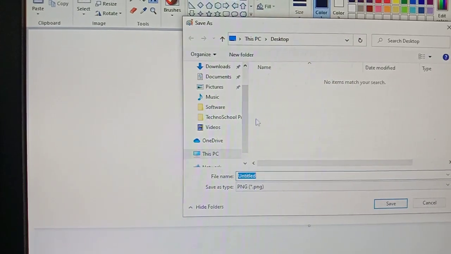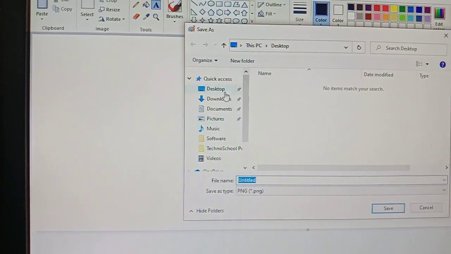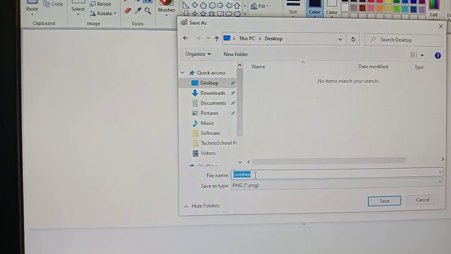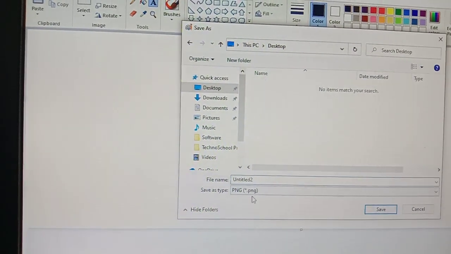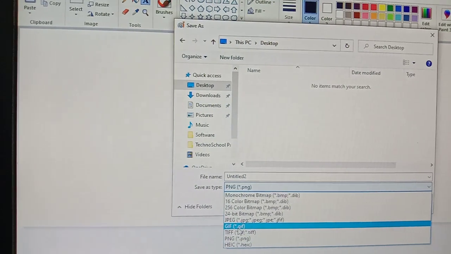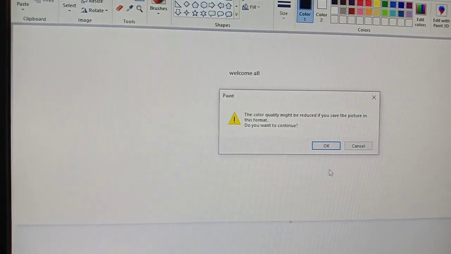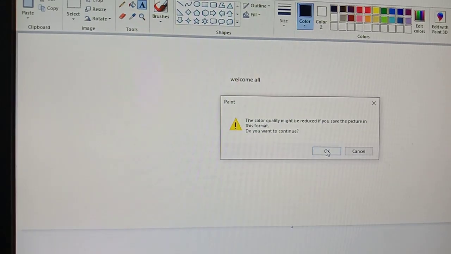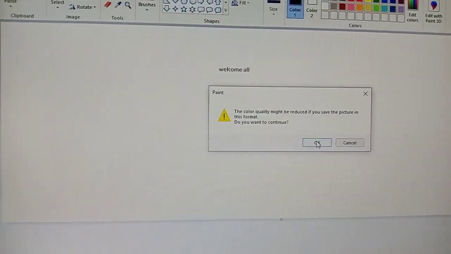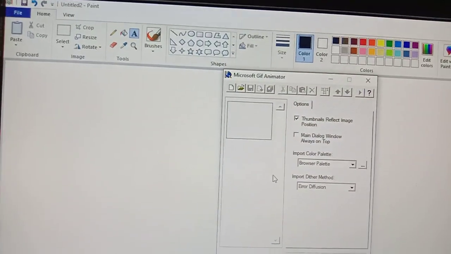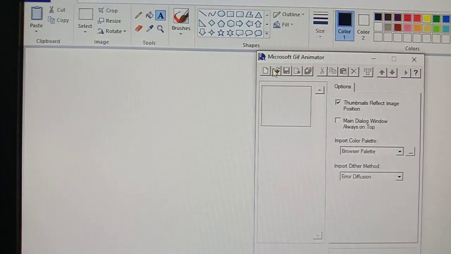Again I'm saving the file on the desktop with the name Untitled 2, and again I'm changing the format to GIF, and again I'm giving save. It will ask whether I want to save this, so I'm clicking OK. After clicking, again move back to the Microsoft GIF Animator.